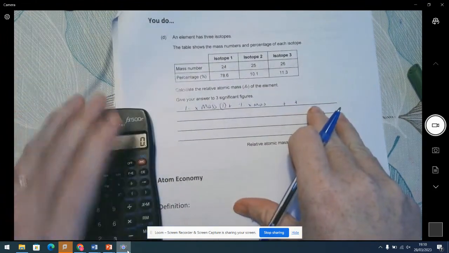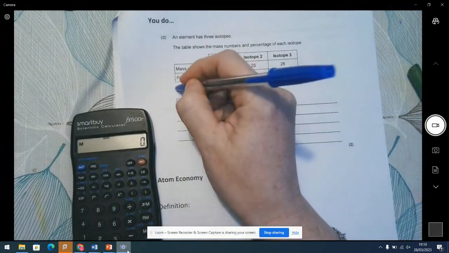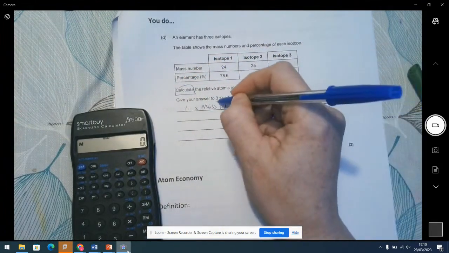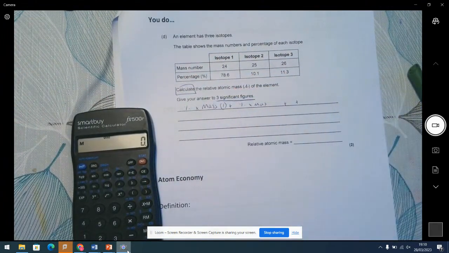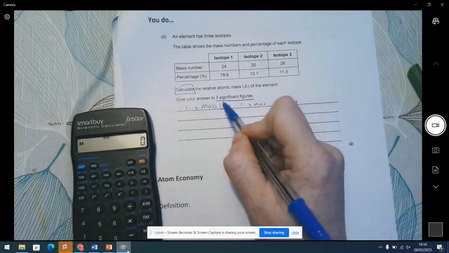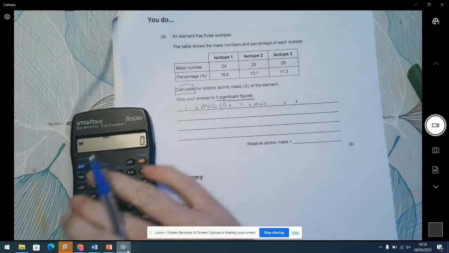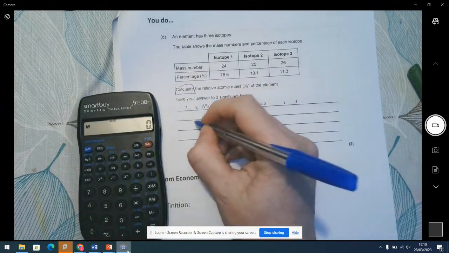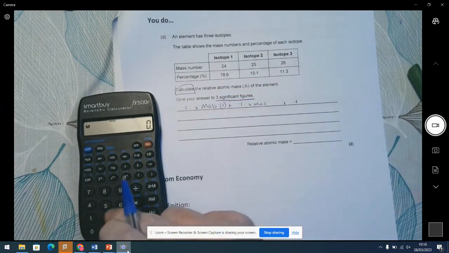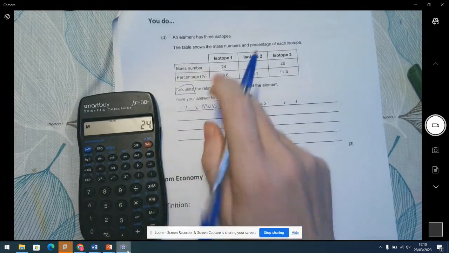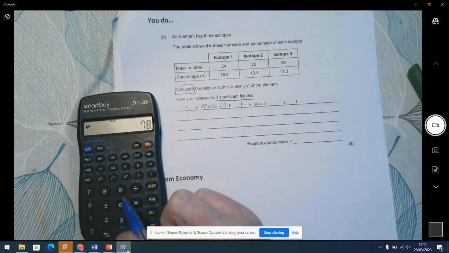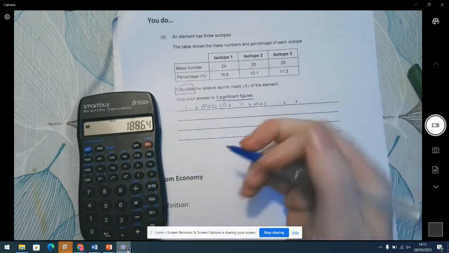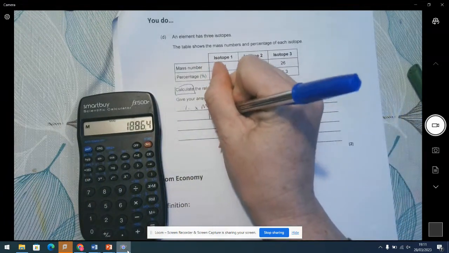So hopefully you're able to do that. So let's have a little look if you get what I get. Again, remember, we're asked to calculate the RAM. And this time it's asking me to give my answer to 3 significant figures. And it's always important you don't forget that, because that is usually a mark. So here we go. Isotope 1, we have got 24. That is its mass. And I'm timesing it by 78.6. And that gives me